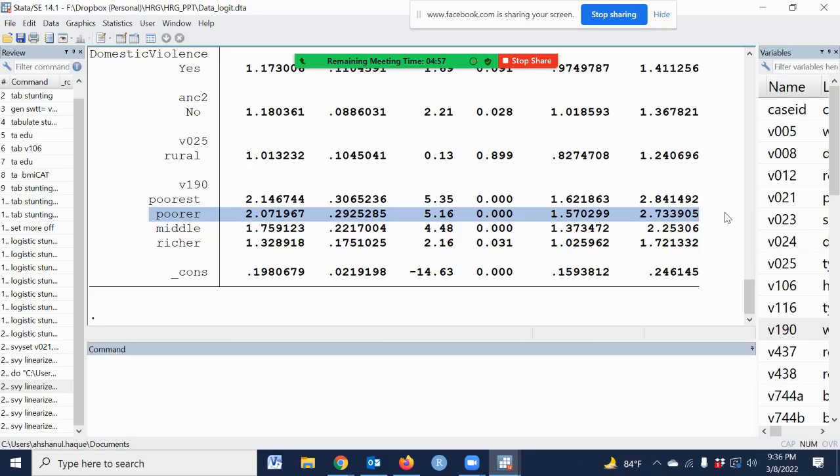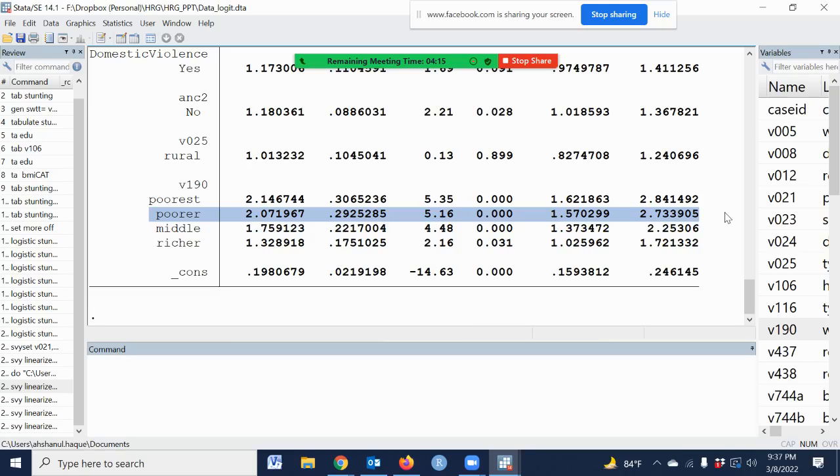As it is wealth index, you can see poorest, poorer, middle and richer, so there is another category, that is richest. So richest has been taken as the reference category, and the interpretation is: compared with the richest, those who are poorer are 2.07 times more likely to be stunted. Is it stunting or wasting? Stunting. Okay, poorer people are more stunted compared with the richest.